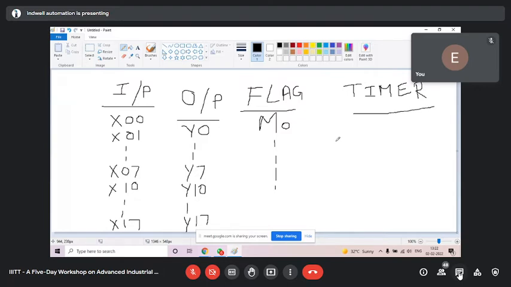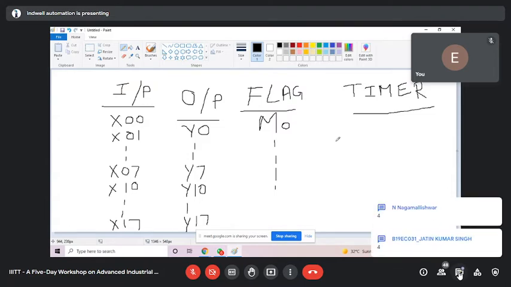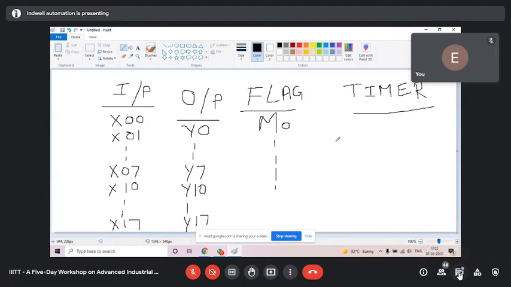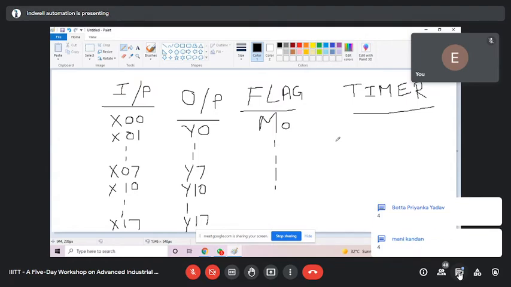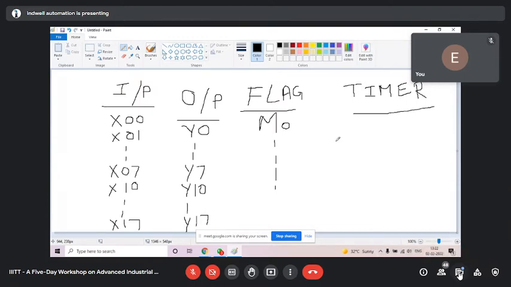Tell me, everyone. 4. 4 parameters. What are the parameters? See, yesterday only you did it. Tell me, Enable, what are the 4 parameters?